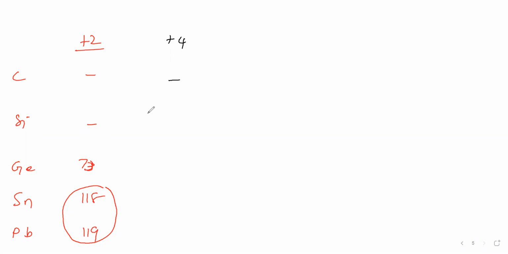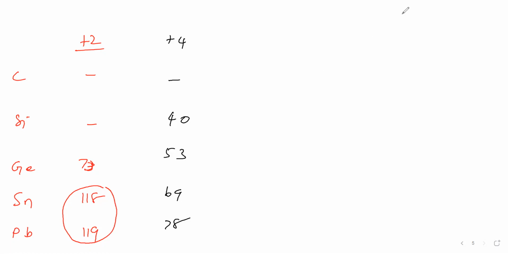Next we will see silicon. For silicon, the value is 40. For germanium, 53. For tin, 69. For lead, 78. Okay. Now see the ionic radius, how it is. Silicon to germanium increases, germanium to tin increases, tin to lead increase is less. It is going on increasing, but tin to lead increase is less when compared to the previous ones. Why? Because in lead 4f14 is playing a role.